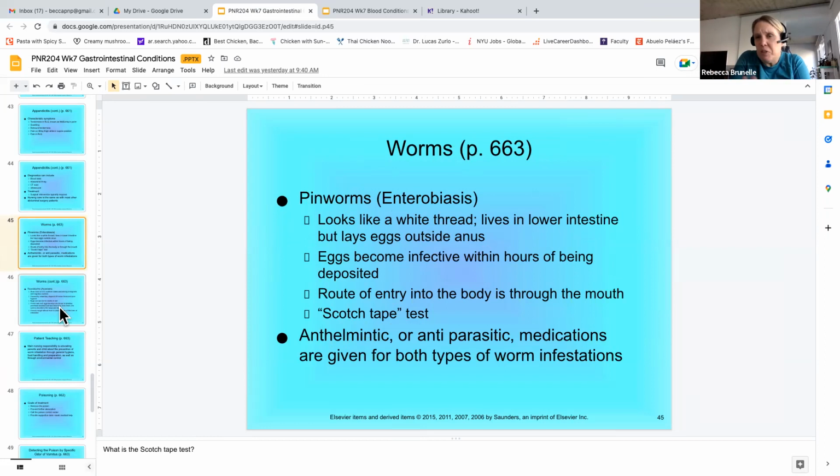So pinworms, they're annoying. They're really itchy. They can be hard to get rid of because kids pass them amongst each other really easily. But they don't tend to make kids really sick. More than anything, they just are really annoying and they cause their butthole to itch a lot.